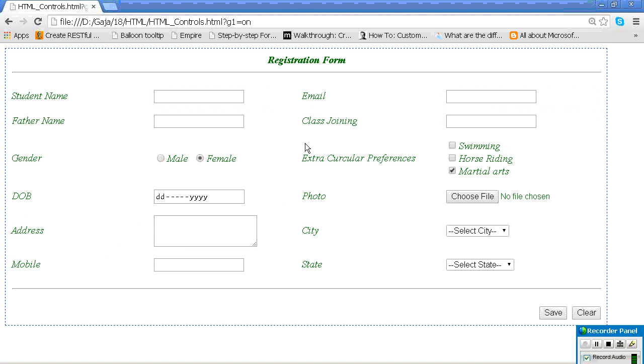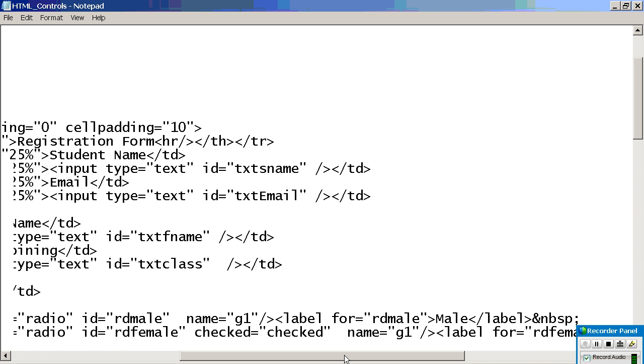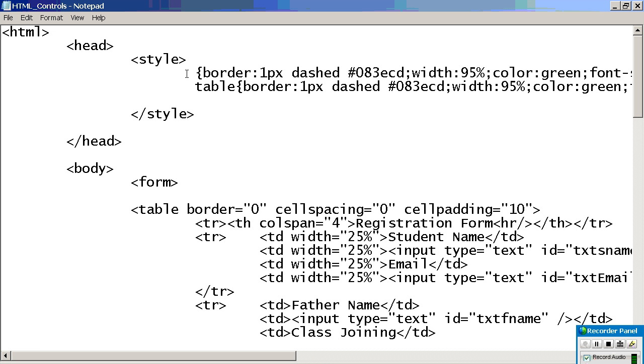Okay, the table is overlapping, the table style. Now I want to change the style of all text boxes, right? Then what you can do now? What is the text box tag name? Definitely input.